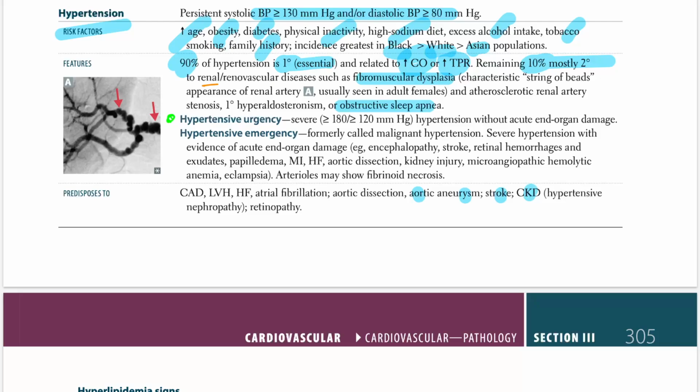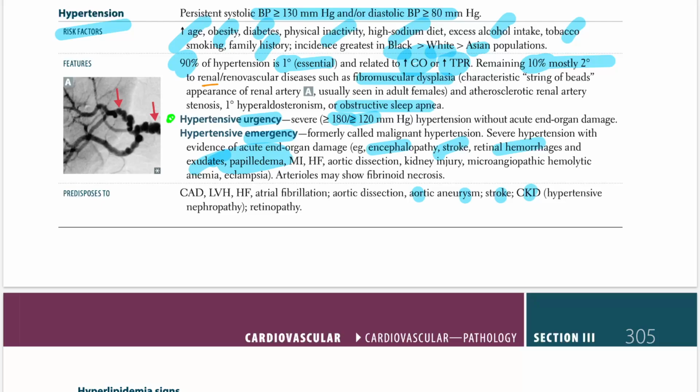Now we have two sorts of definitions, urgency and emergency. Urgency means you have a high blood pressure greater than 180 and greater than 120 without any organ damage. But if you're looking at emergency, you're looking at the same blood pressure, but there is end organ damage. What organs are we talking about? We're talking about all sorts of organs. For example, brain: encephalopathy, stroke; eyes: retinal hemorrhages, exudates and papilledema, high yield,